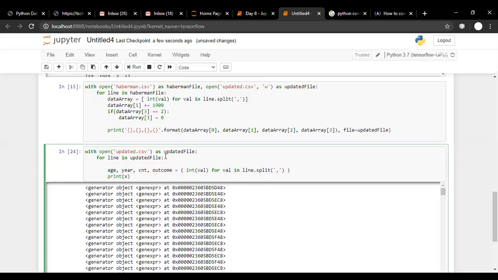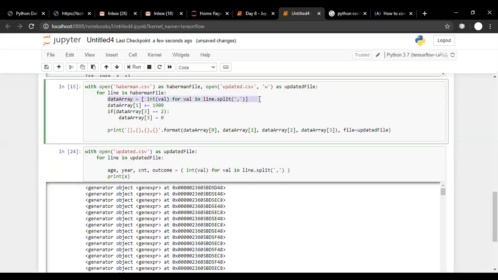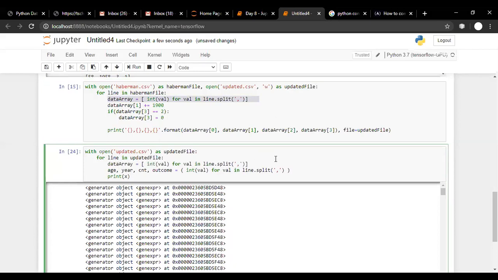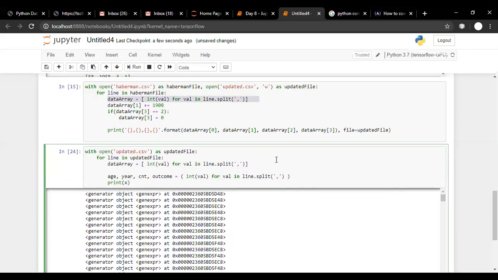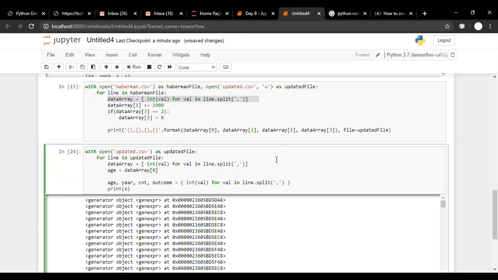If we don't want to do this and go with something like this, where this is a list array, then we need to write age is equal to data array of 0, then year is equal to data array of 1, just to make it more meaningful.